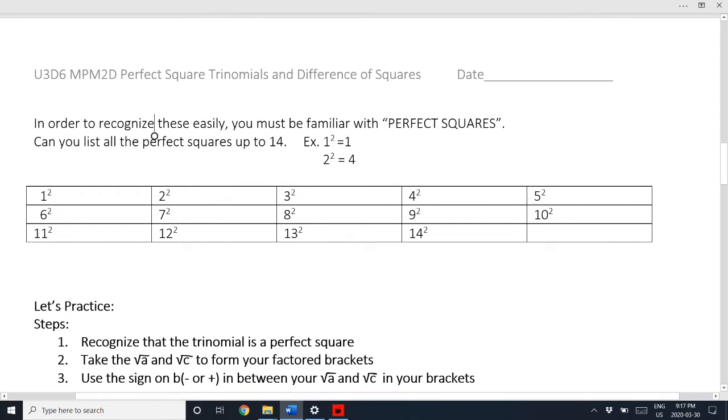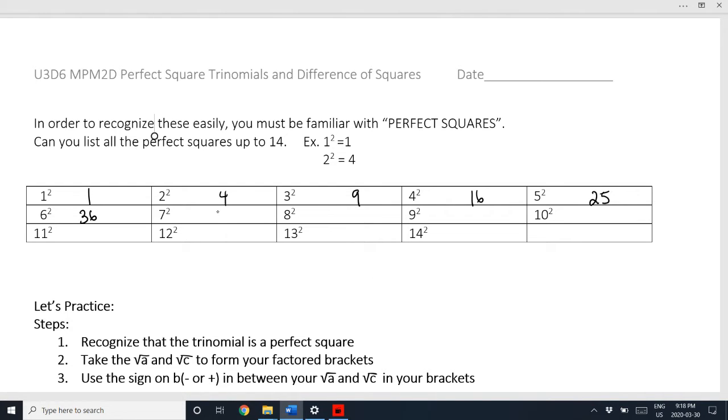So in order to recognize perfect square trinomials easily, we should be familiar with perfect squares. Can you list all the perfect squares up to 14? Let's try together. We know 1 squared, it's given here. 1 times 1, that's 1. We know 2 squared, 2 times 2 is 4. 3 squared, that's 9. 4 squared, that's 16. 5 squared, 25. 6 squared,